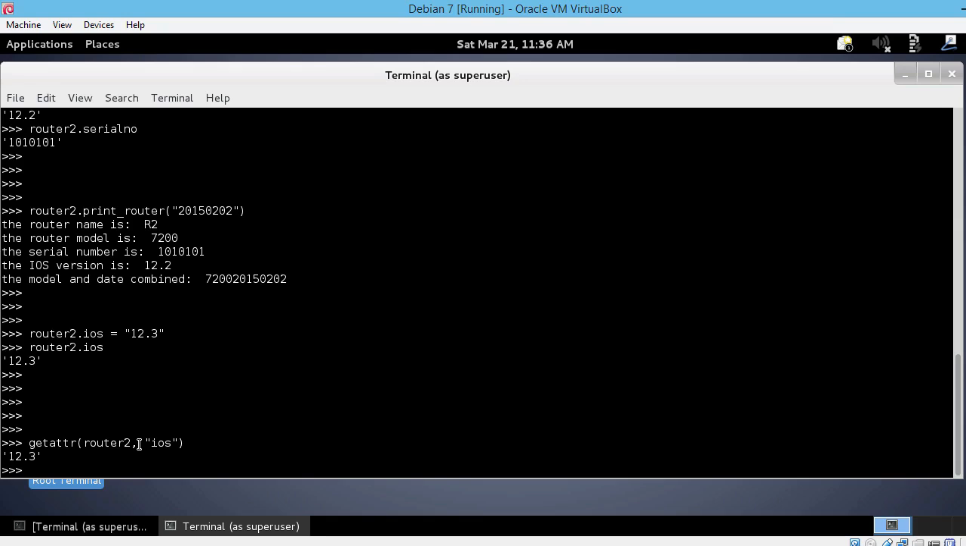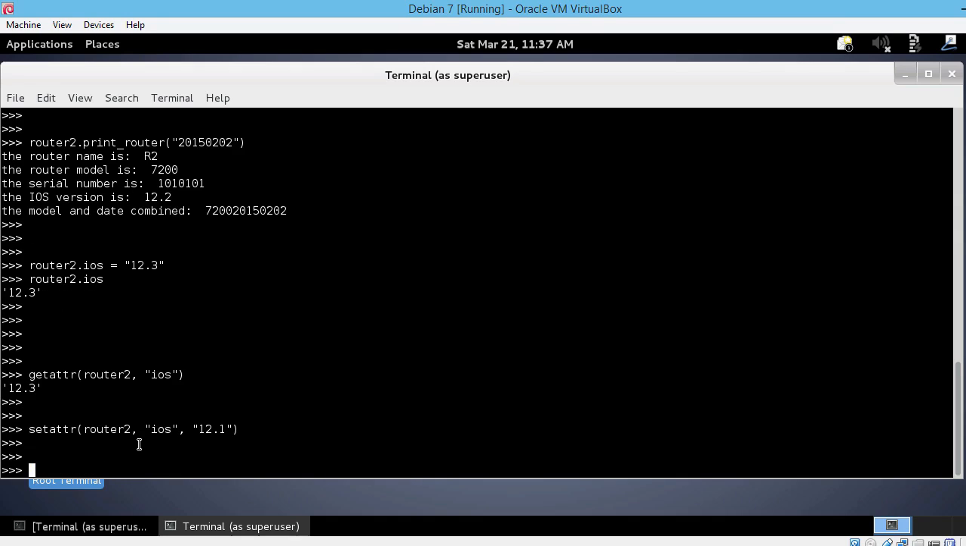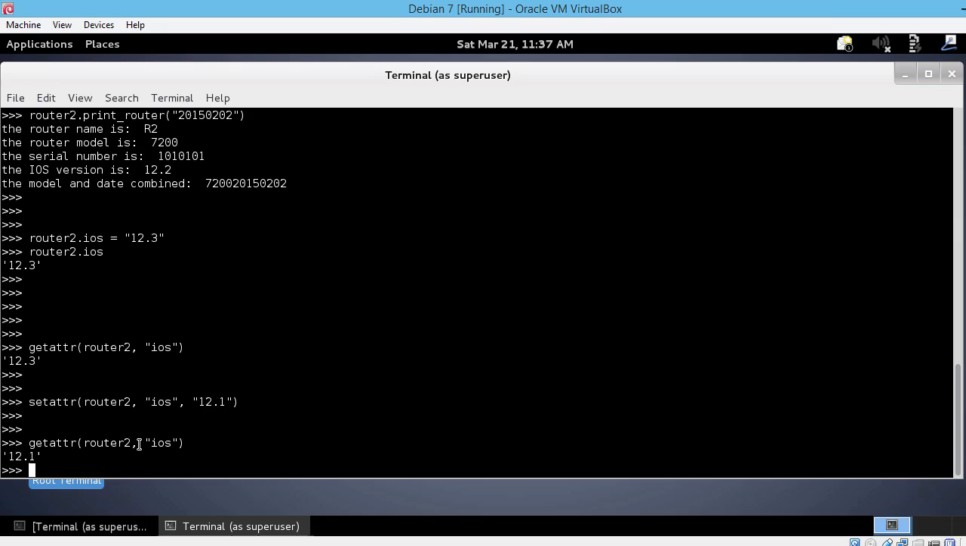Okay. We can also set a new value for an attribute using setattr. So, let's say setattr. The object is router2. The attribute is iOS and the new value 12.1. Okay, great. Now let's use the previous getattr function to see the new value of iOS, and indeed it is